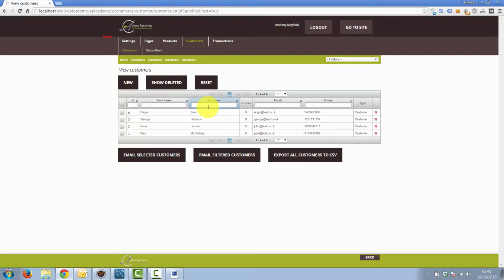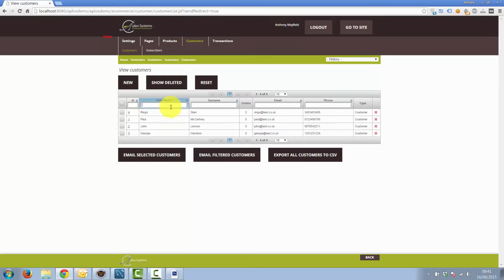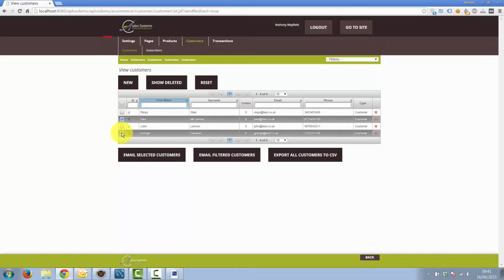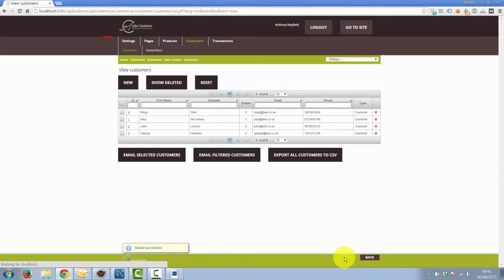First, let me take you back to the initial screen where we have our data. What's great about this is how easy it is to select who we want to send an email to. We can sort columns, filter results, and just select a few recipients from the list if we want to. Editing is as easy as clicking on the row, making a change, and then clicking the OK button. What we have essentially done is to merge the functions of Microsoft Word and Excel into the same application, making it much simpler for the user.